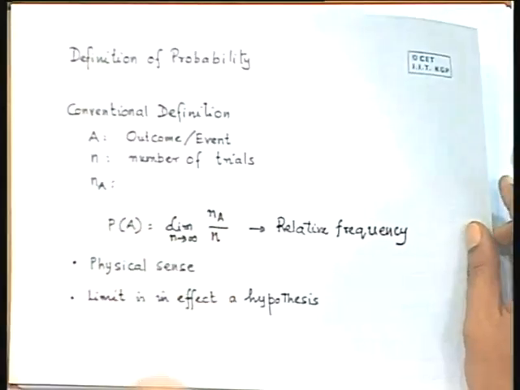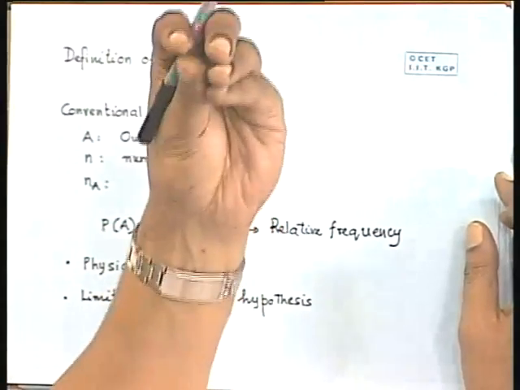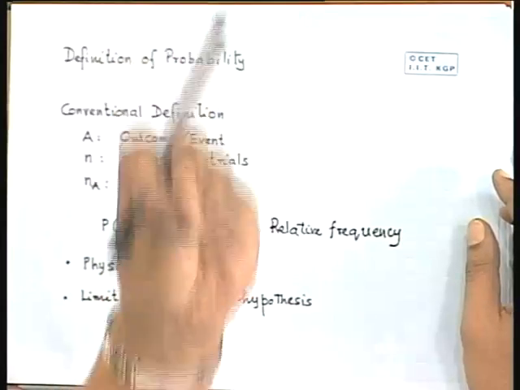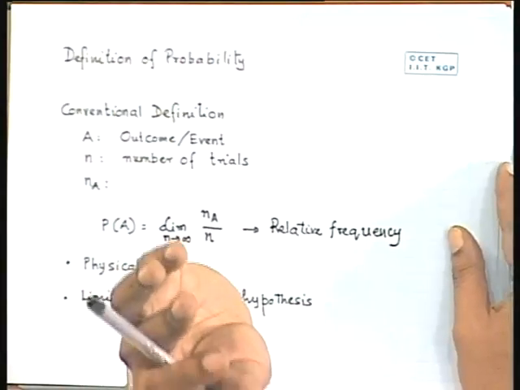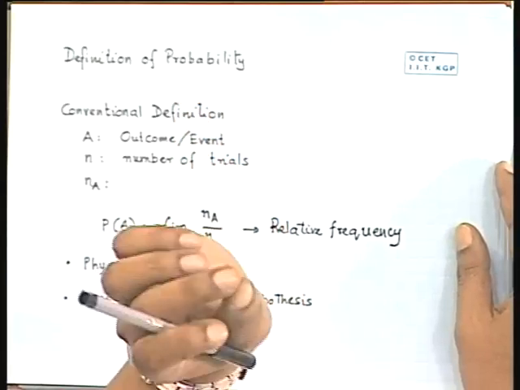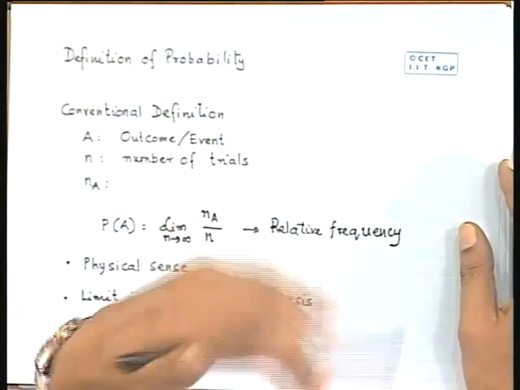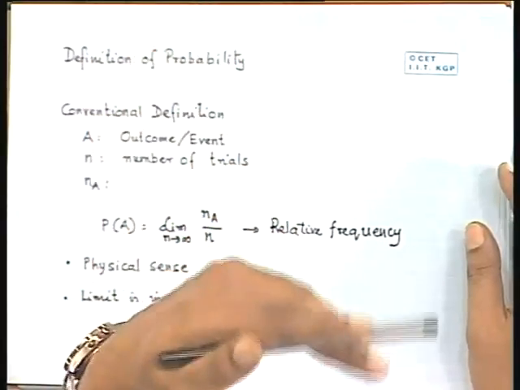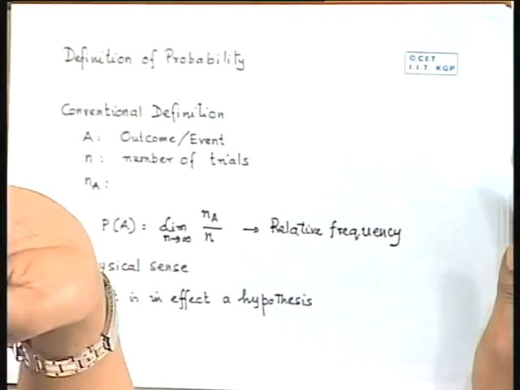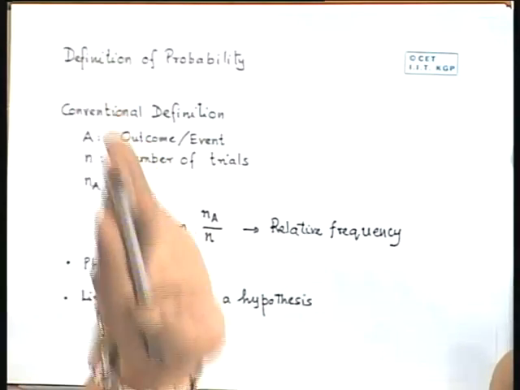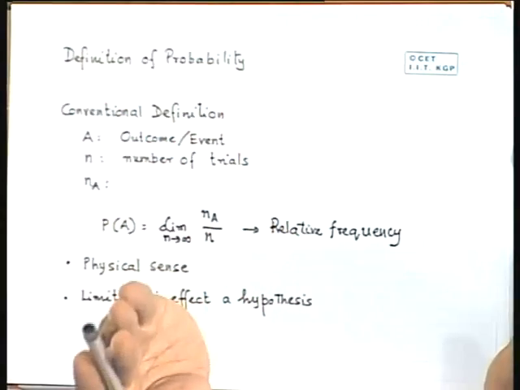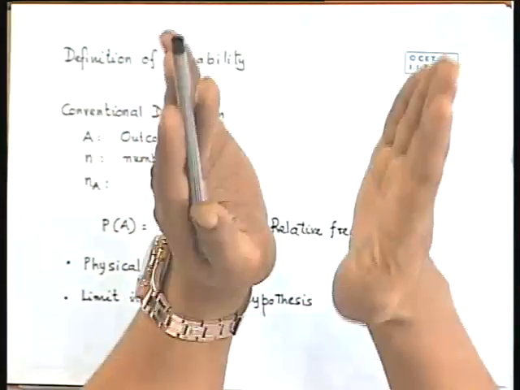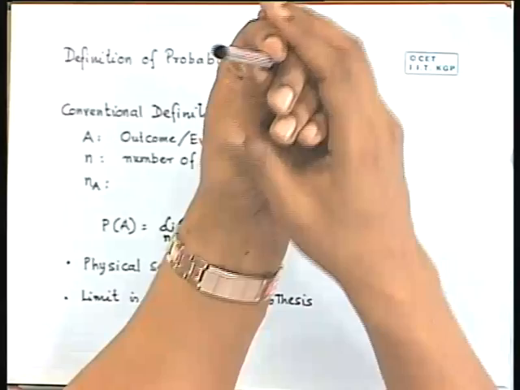But let us say that if we define a function probability by which we will assign some numbers to some events, then what should be the properties that these numbers obey? Then whether you assign these numbers based on your belief, or whether you assign the numbers actually by doing a large number of experiments, that is immaterial. But if you want to assign a sense of probabilities and then base a logical deduction system on that, then this definition should obey certain what are known as axioms.